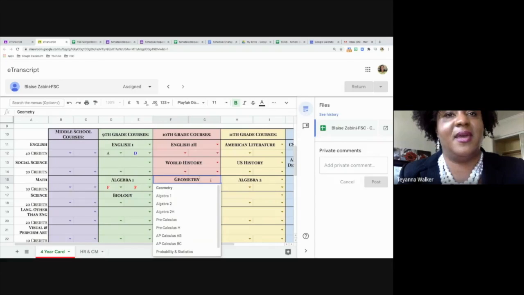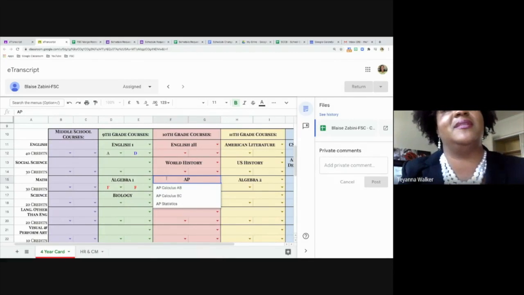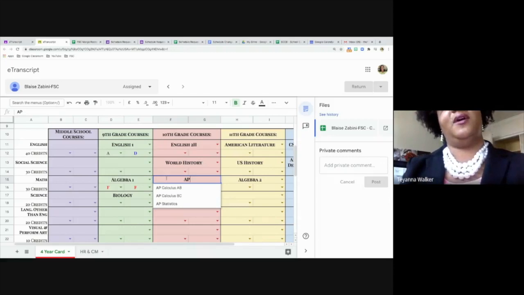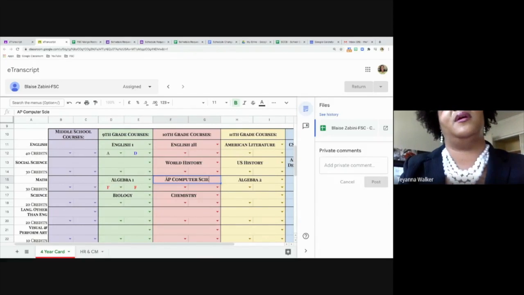So let's say a miracle happened and the student came to his senses and took 1,000 math classes and now is a wizard. So we can go and say, okay, so now this student is going to go into AP Computer Science,